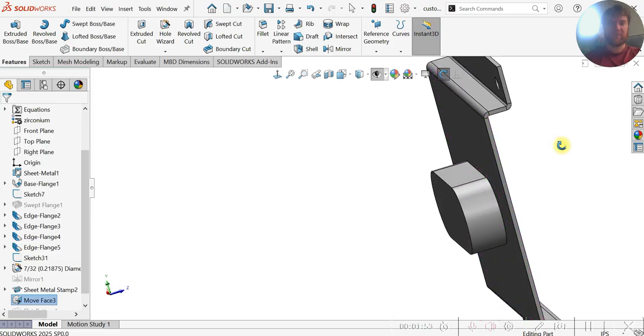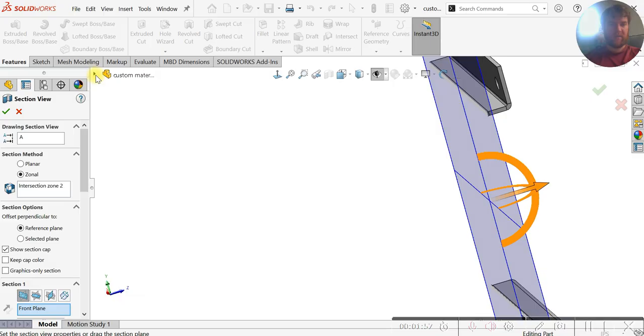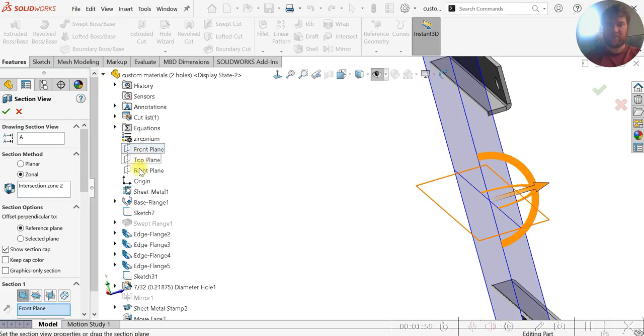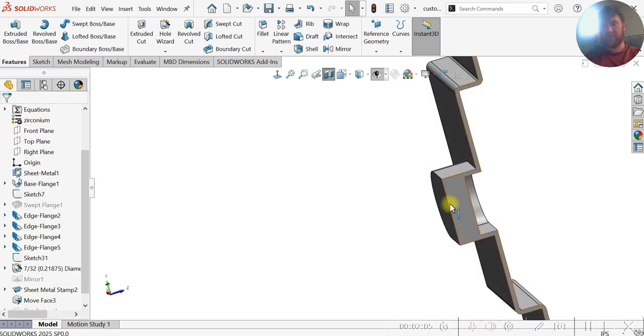So if we do a section view now and select the right plane, you can see the thickness of that stamp out increased without removing material, from the shell. So that's how you use Move